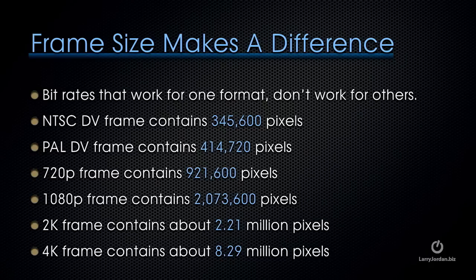Also, the frame size makes a difference. Bit rates that work for one format don't work for others. For instance, an NTSC DV frame contains about 345,000 pixels. A 720p frame, almost triple that, 921,000 pixels. A 1080p frame, almost double that, 2.1 million pixels. A 2K frame, 2.2. A 4K frame, 8.3 million pixels. When you've got that many more pixels, your data rate has to increase. The larger the frame size, the larger the data rate, and the larger the resulting file,